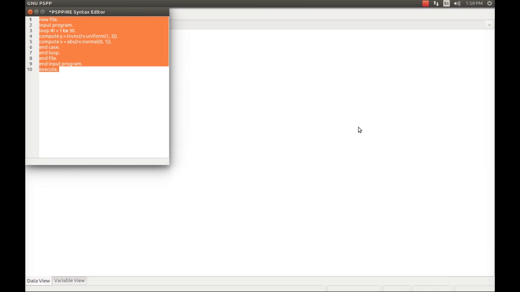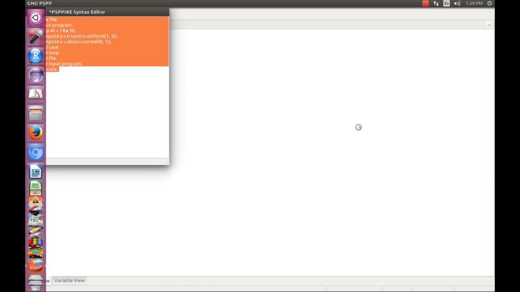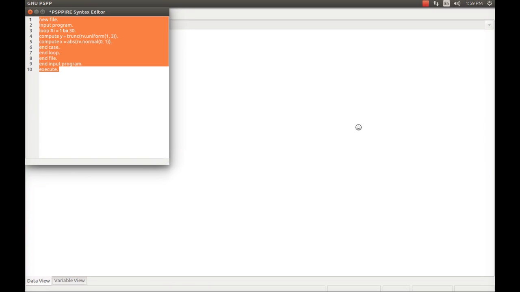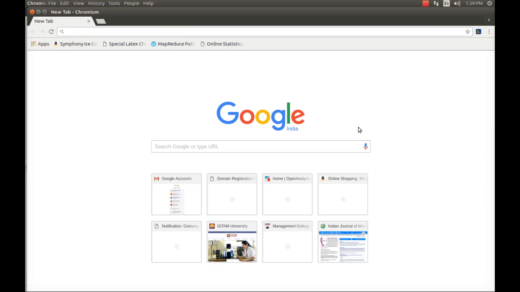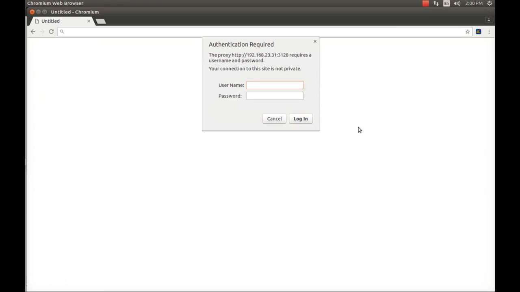Today I'm going to explain how to do binary logistic regression by using PSPP installed in Ubuntu 16.04. And if you would like to know something about binary logistic regression, you just have to go to the browser and search for binary logistic regression. You'll have a wonderful